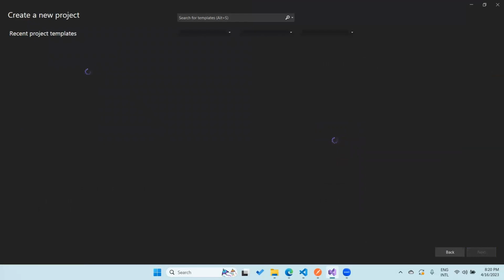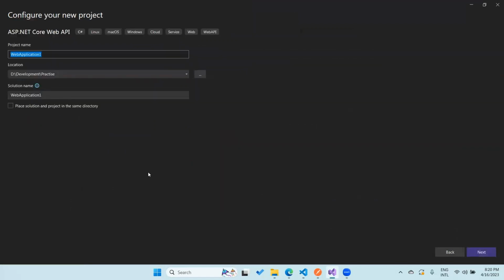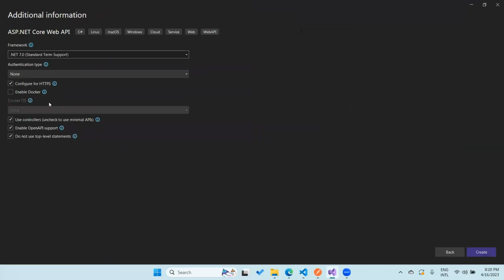Create a new project. Let's make ASP.NET Core Web API. Let's select this one, and let's call this web API. And next, in here